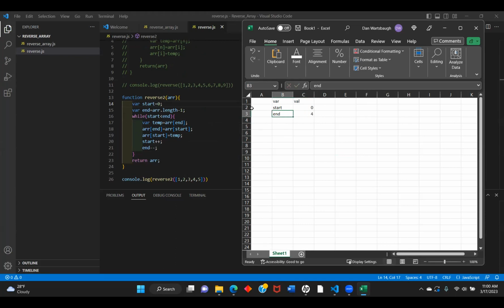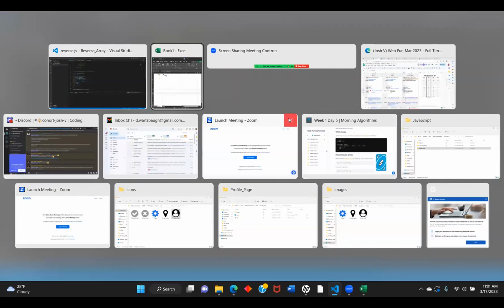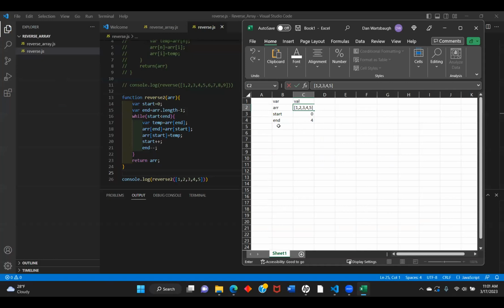Okay. So let me actually write out our array. It's going to be 1, 2, 3, 4, 5, which we get from here. So our initial start is at 0, and our initial end is at array length minus 1, which is 4. Then in the loop, our condition is while start is less than end,